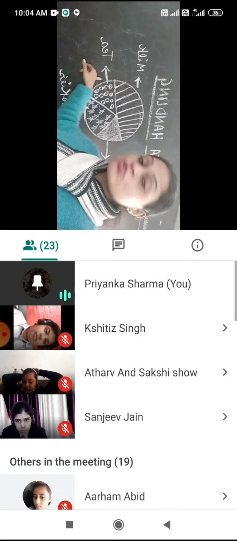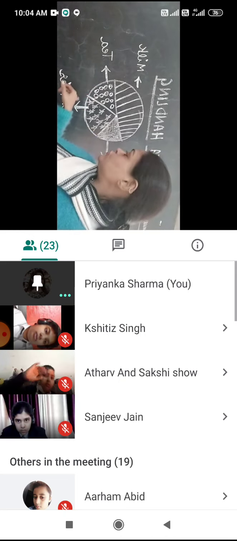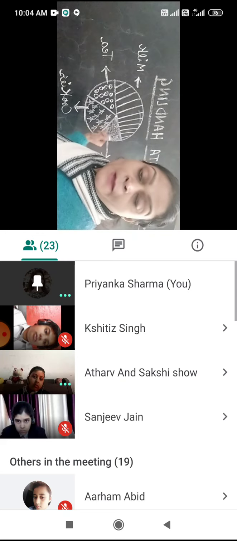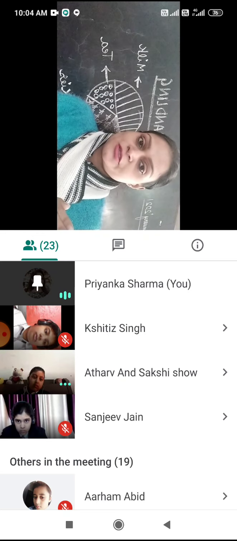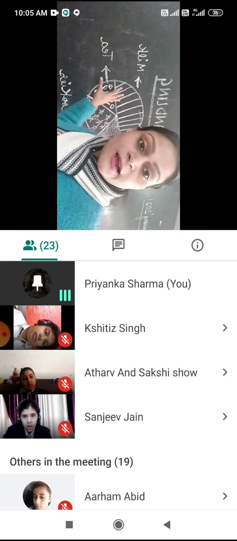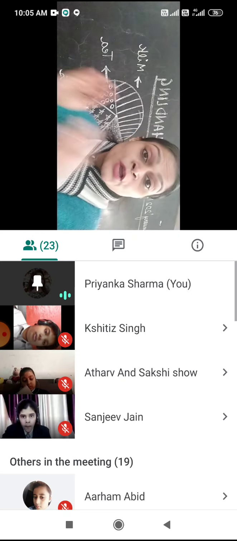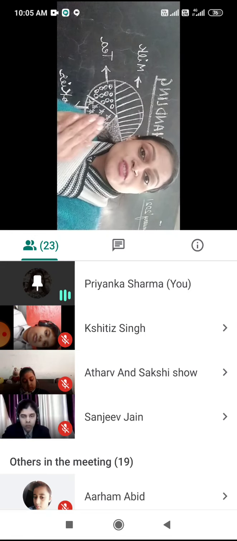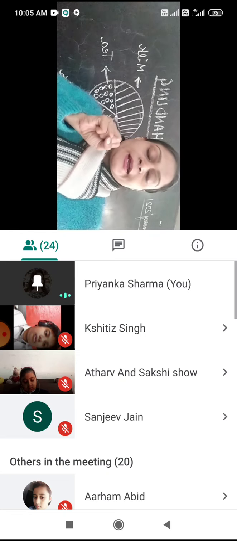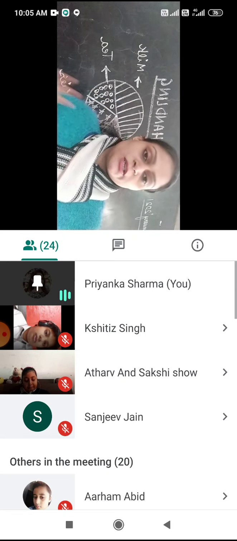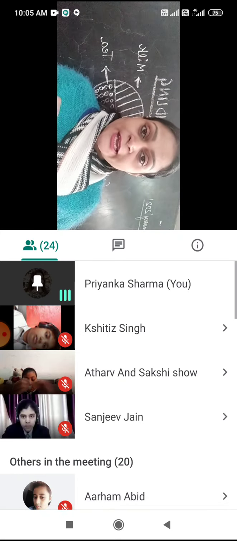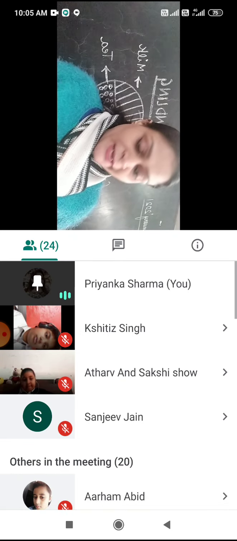Then it is also showing the tea part, it is also showing the cookies, and it is also showing the coffee. But different sections. So by looking at the chart, the pie chart or the circle graph, we can easily come to know which item or which object is used at a larger scale and which item or object is used at a smaller scale. Clear? Let's move forward. So this is the definition that you have to write about the pie chart.